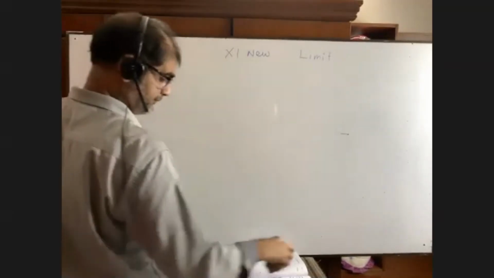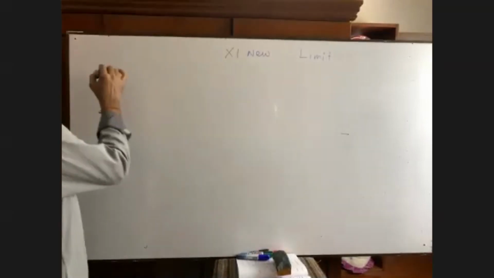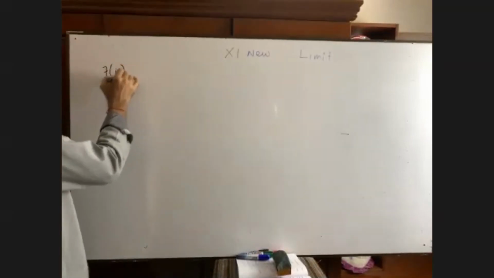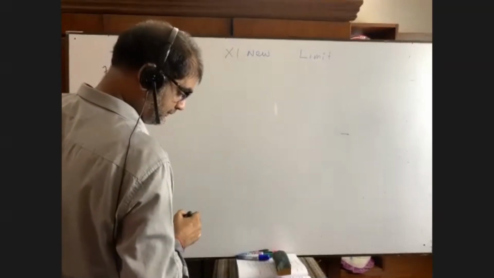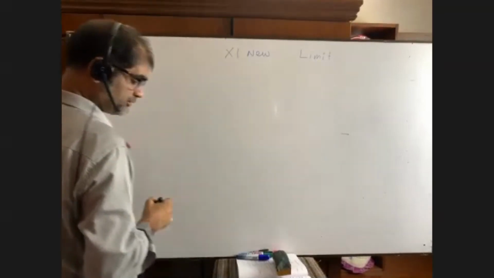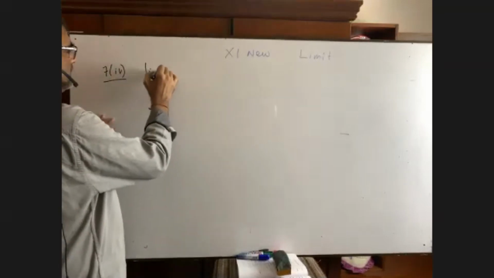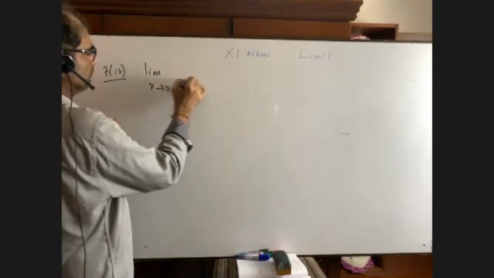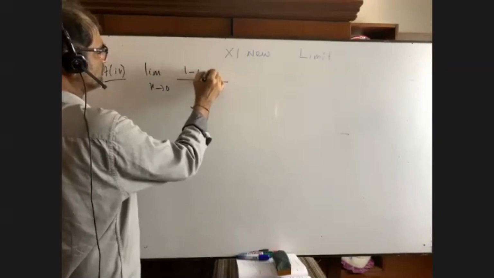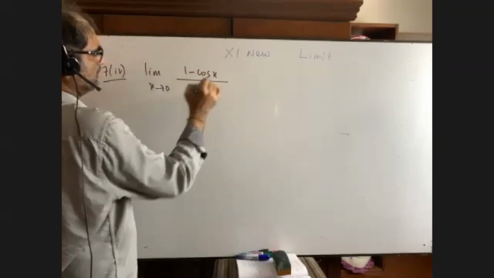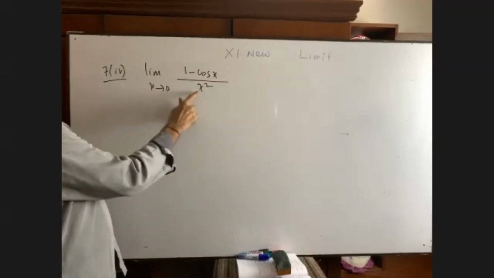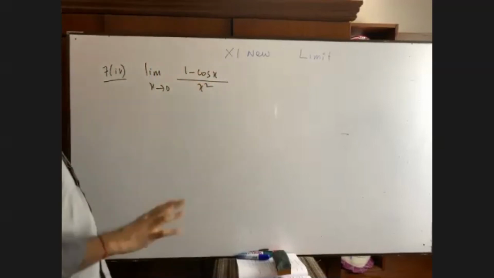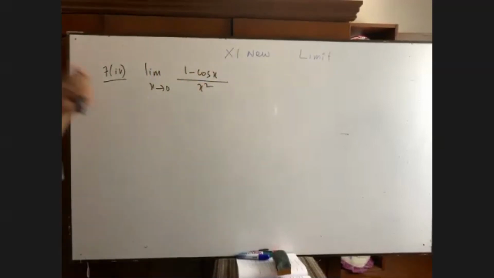Now, you see question number 7.4, important. Please try to understand. Important math: limit x tends to 0, 1 minus cosine x by x square. Now you can say, sir, there is cosine, so we can put x equals to 0. No, we cannot. If x equals to 0, it is something by 0, which is undefined. So we cannot do that. I think you have got me right.